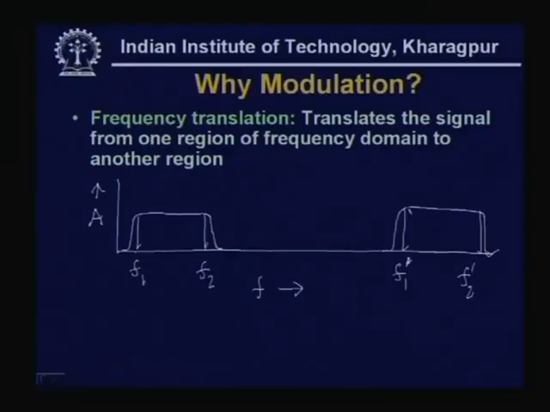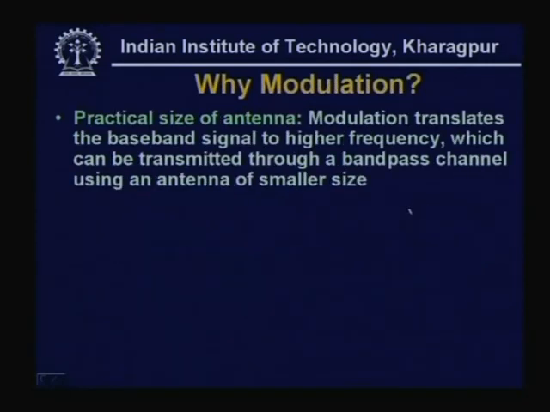Now, you may be asking what is the benefit of this? One important benefit of this is that you will be able to use an antenna of practical size. Whenever you translate a baseband signal to a higher frequency, which can be transmitted through a band pass channel, you can use an antenna of smaller size. Suppose you are trying to send a 1 kilohertz signal,